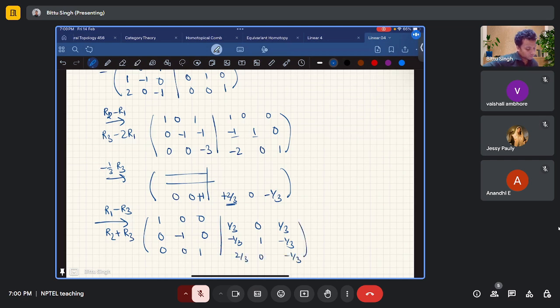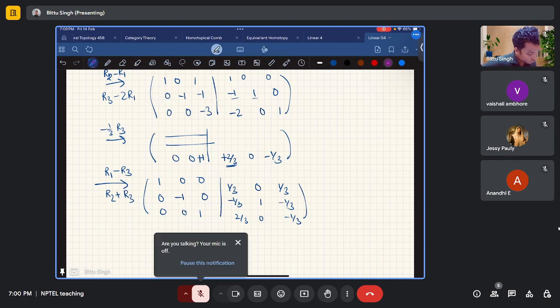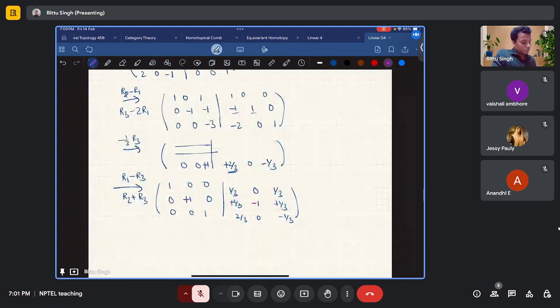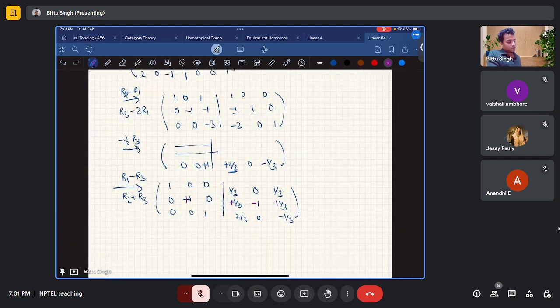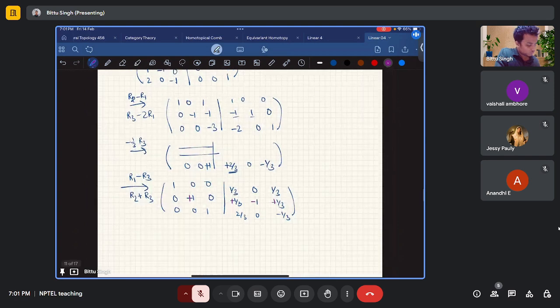Now the last step will be simply to change the sign. So we make those signs opposite so that the left side becomes identity. So it is plus, it is minus, it is plus. So this is the row reduced echelon form. So we already found the solution. So the solution,